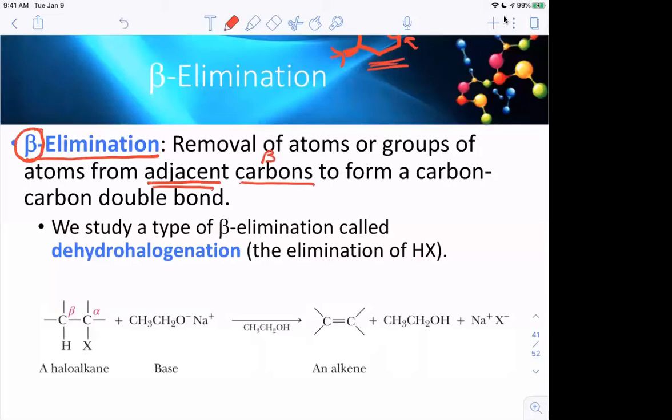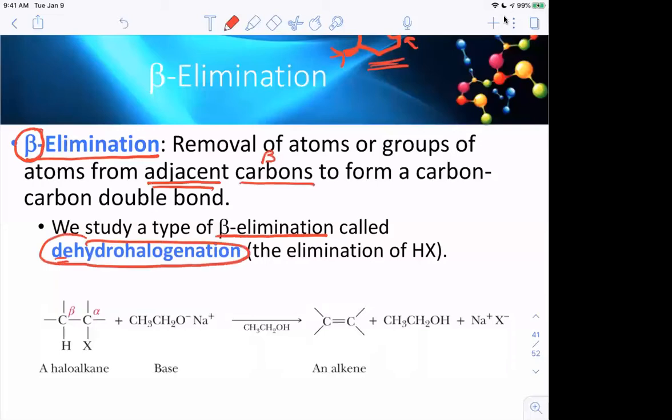Remember, these eliminations are opposite reactions to the additions that we learned in chapter 5, right? So one type of beta elimination is